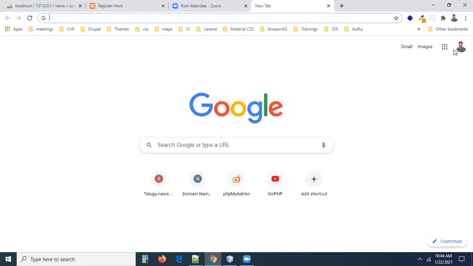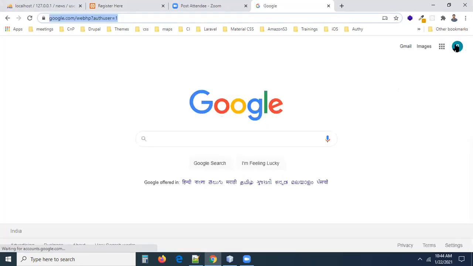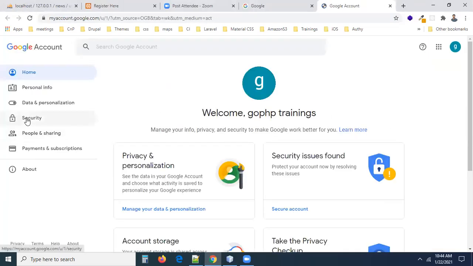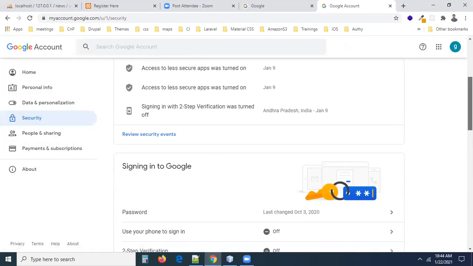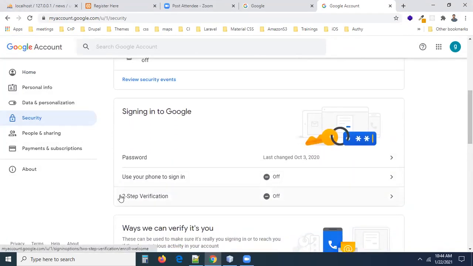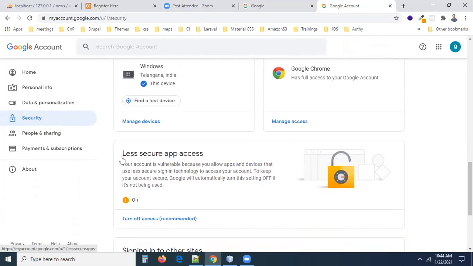One minute. So I have to go to this email account. Here you have Manage your Google Account and the Security tab on the left side. If you come down, you can see whether two-step verification is enabled. My two-step verification is turned off. If you move down a bit, there is an option called Less secure apps. I think we did this in the earlier session, right?